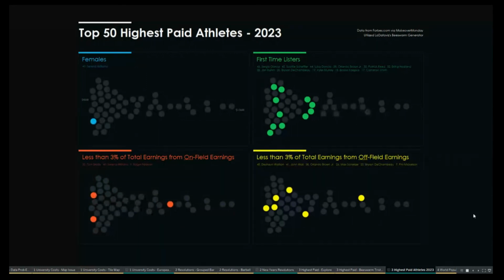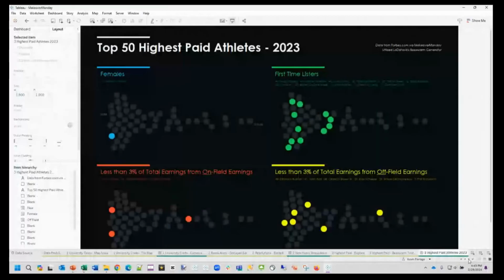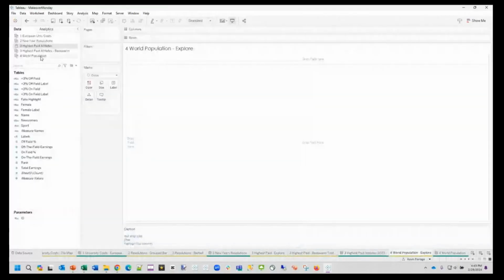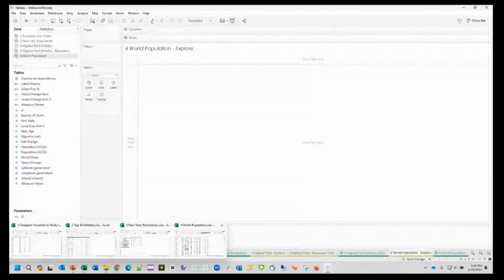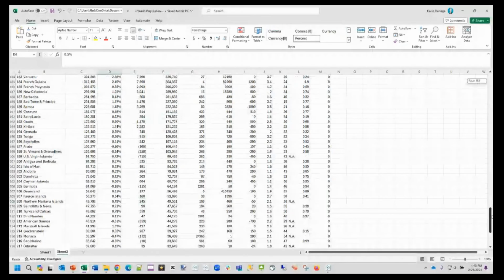All right, I have been talking for about 45 minutes. I'm going to wrap up pretty quickly. The last one that I looked at was world population data. I'll show you that set. I didn't come in here with any preconceived ideas on what I was going to do. I just used Tableau to explore the data, and what you see is a list of hundreds of countries,